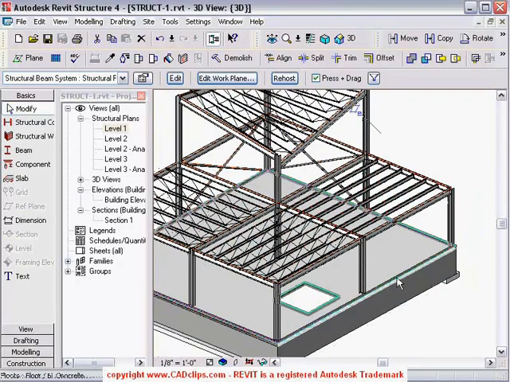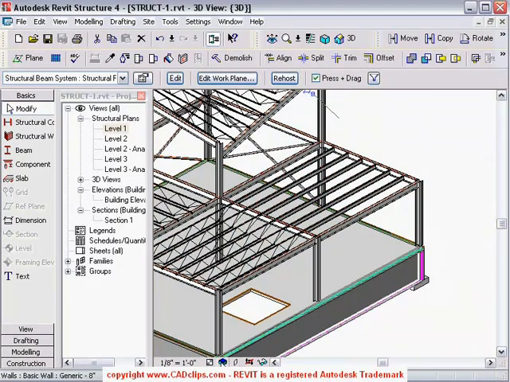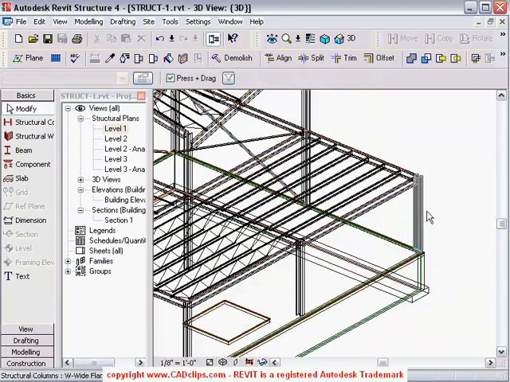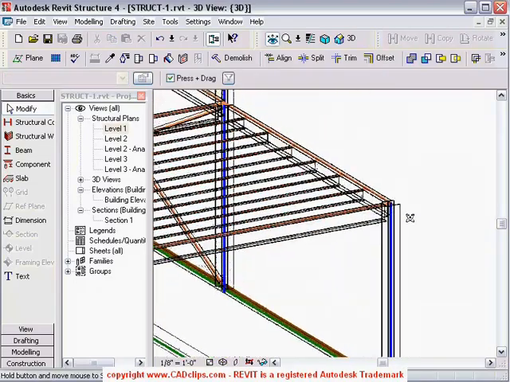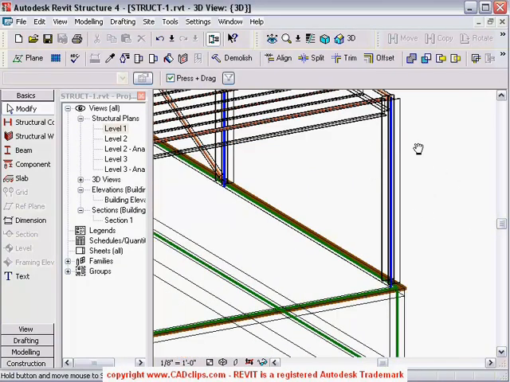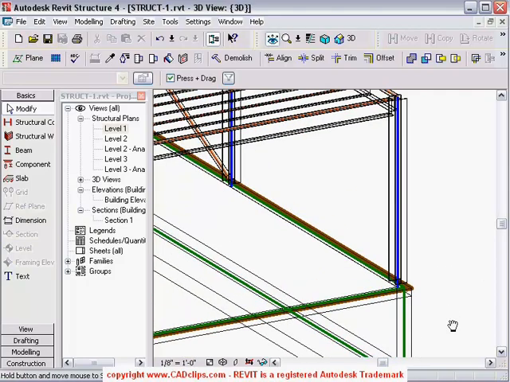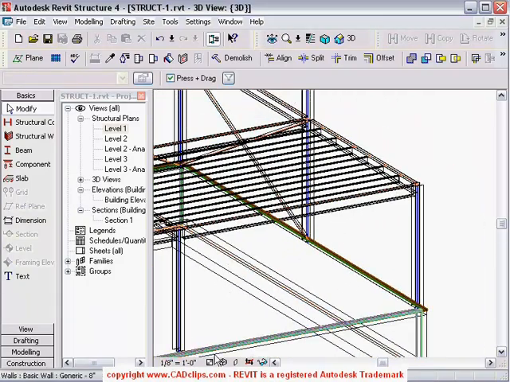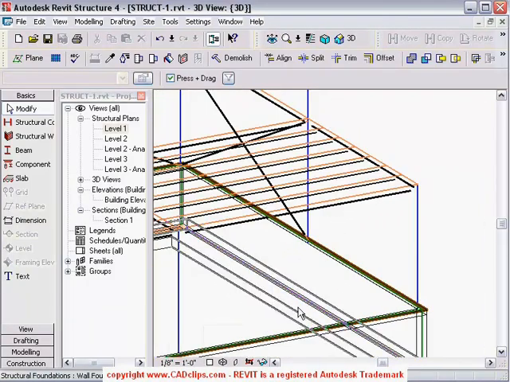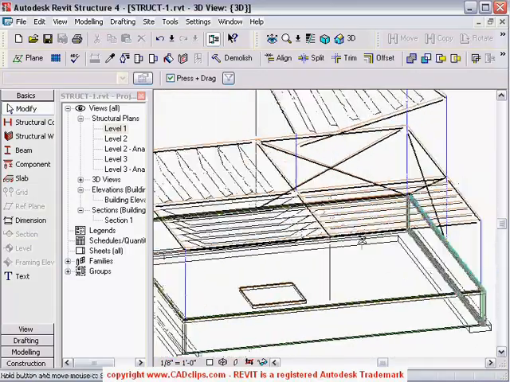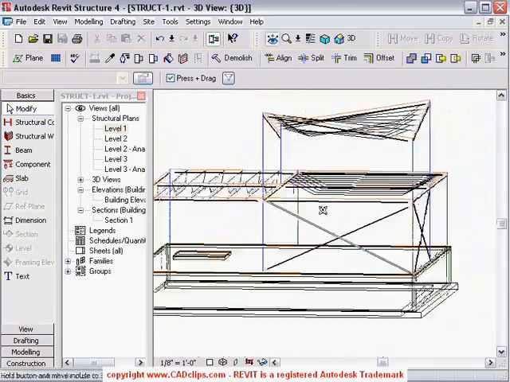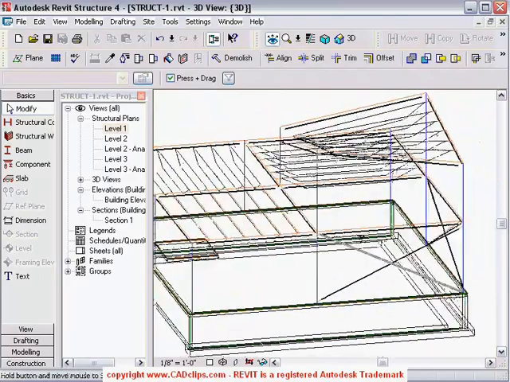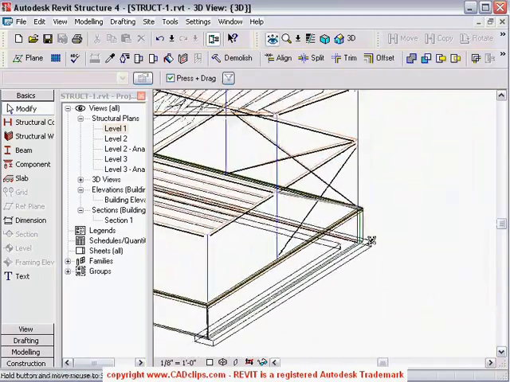And then of course I can change my visibility to wireframe, and now I can kind of transparently see, you can see the blue column, that's the analytical model. The light tan line is a beam, and then the green lines are load-bearing walls, so everything's color coded. And I can switch over here and say coarse detail, and now all I'm seeing is the actual analytical model in the background, which is quite nice. And the engineers like this, it starts to resemble the actual third-party